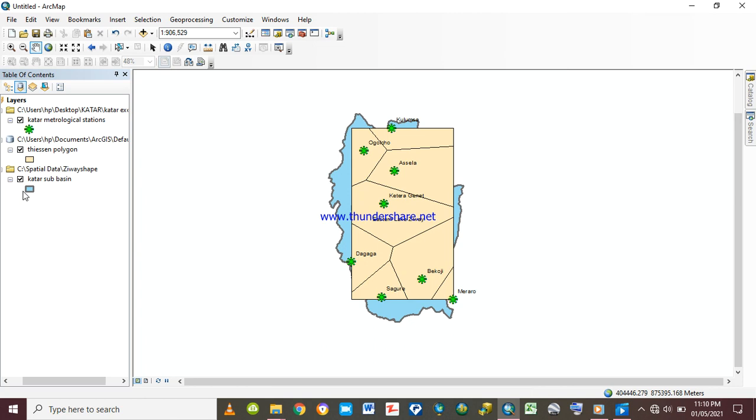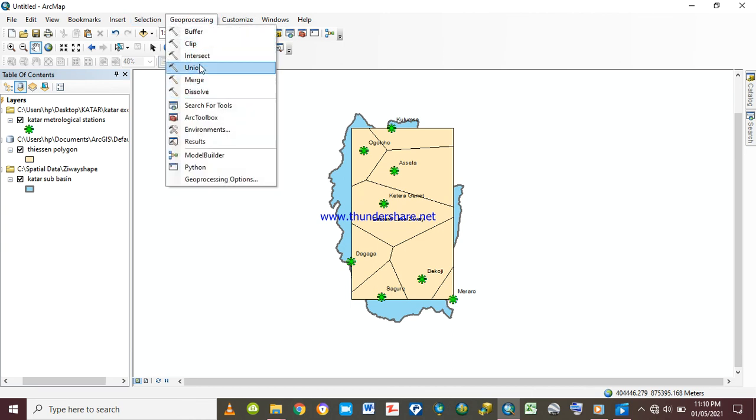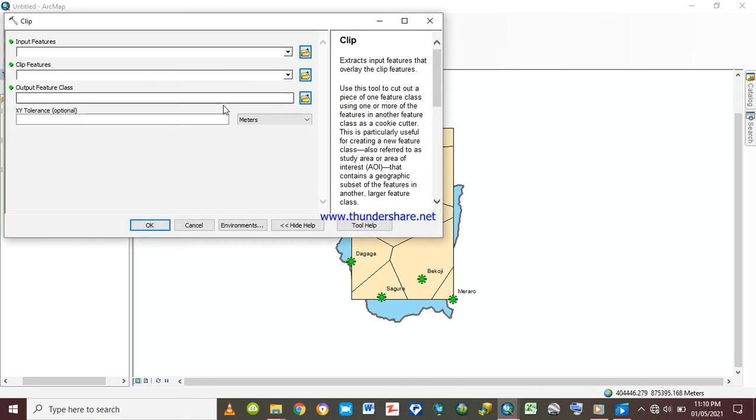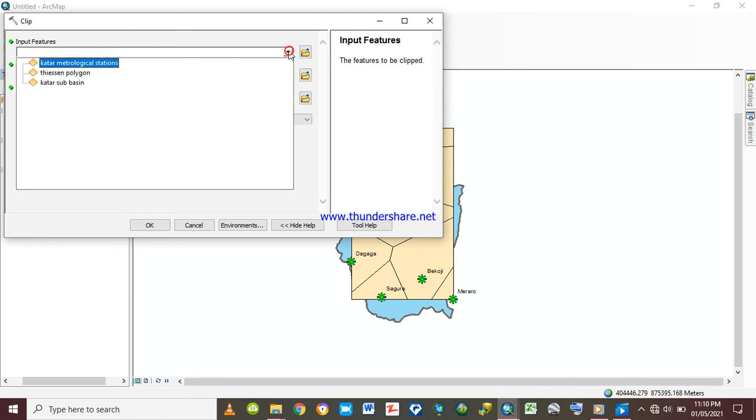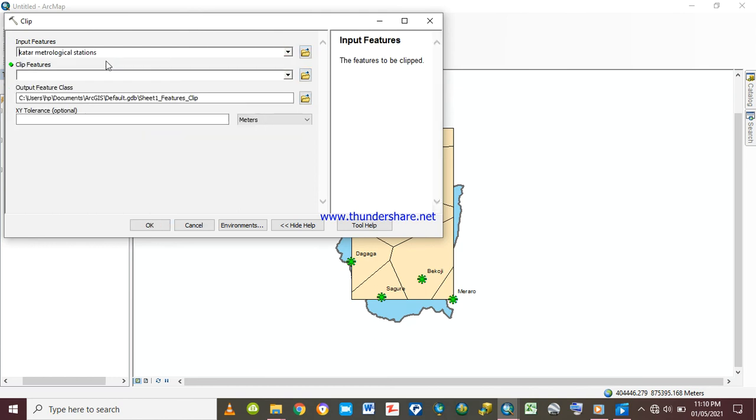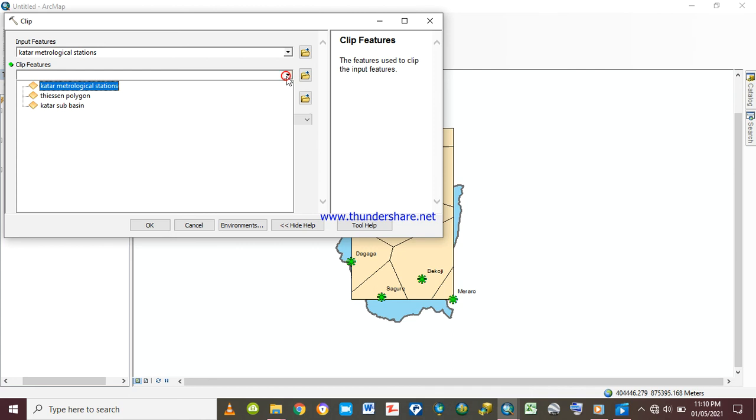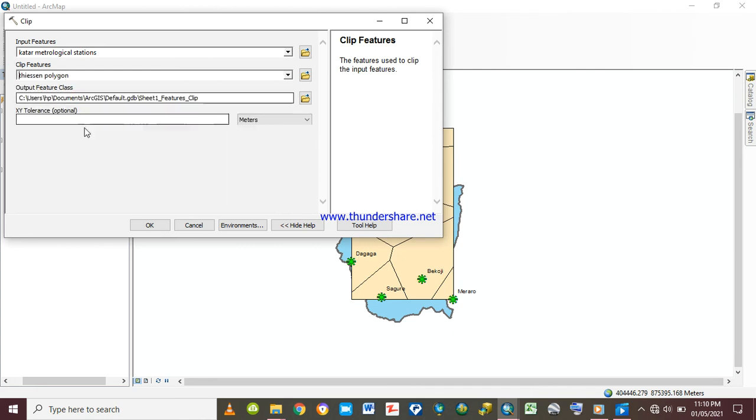Next to this, let's try another manner. By clicking georeferencing clip, insert Qatar meteorological stations and Thiessen polygon, then after